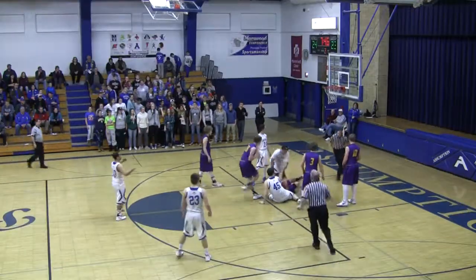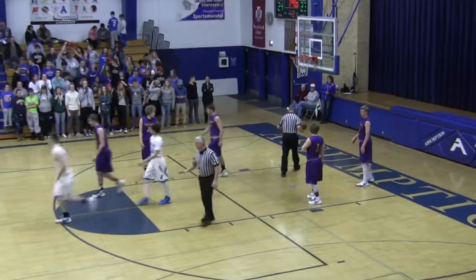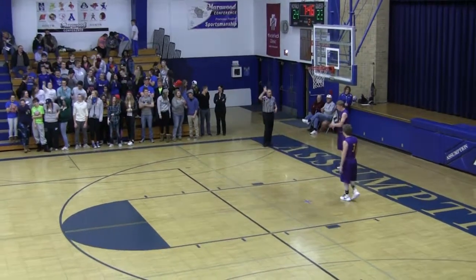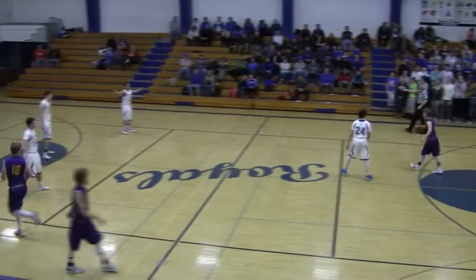Shot put up from inside the elbow by Grunhofer. Comes up short. Jump ball. Possession arrow in favor of the Panthers. .745 remains on the scoreboard in regulation,